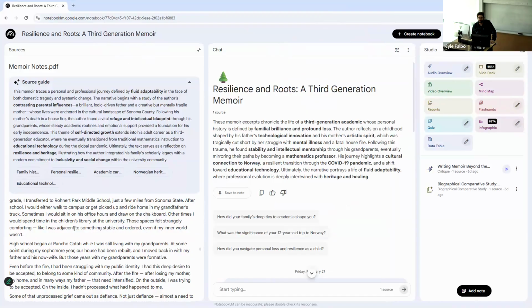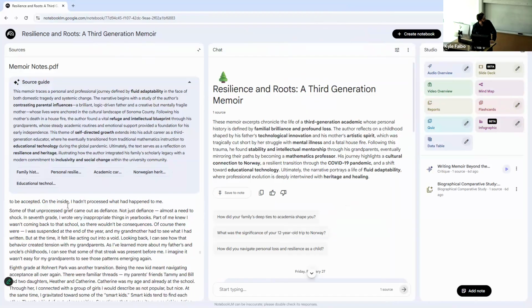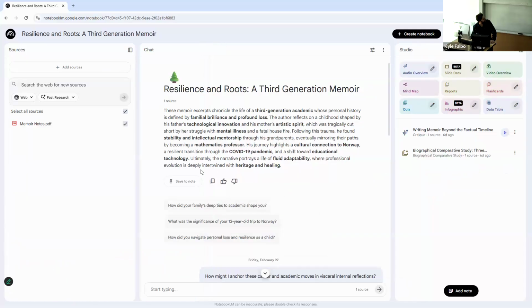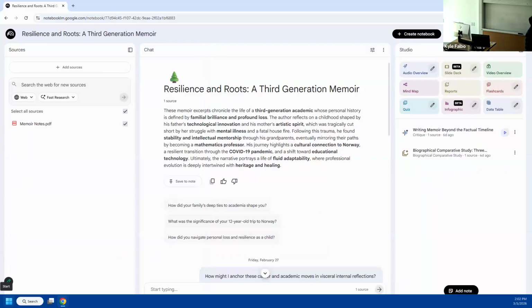Many of them I've already shared in this class, right? So 8 pages of those. And then the first thing it did was just give me the summary of it, which is fine. It's not that helpful because it's just a summarization. Maybe some of the bold parts are helpful in identifying themes or concepts.